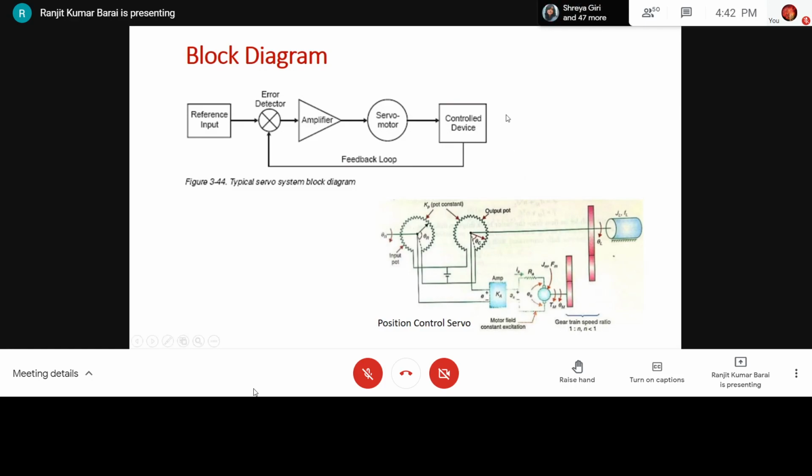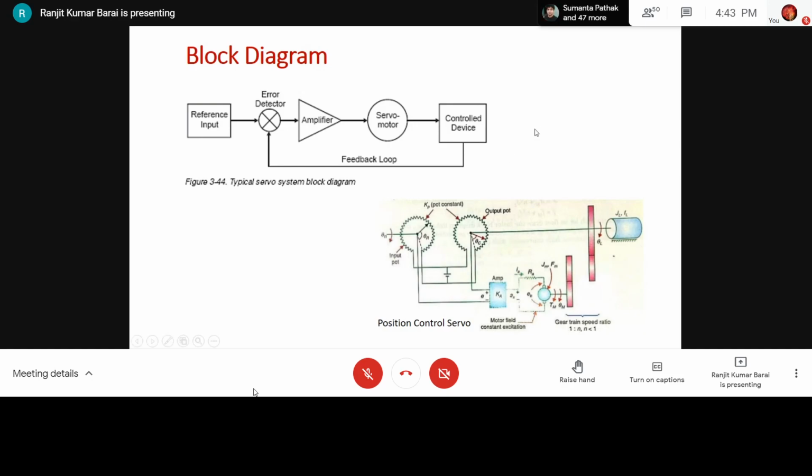There are two types of servo motors depending upon the power supply. One is called the DC servo motor, another one is called the AC servo motor. AC servo motors nowadays are not in use in the industry, but quite a good number of DC servo motors are still in use. Although there are different types of actuators available for servoing, electric servo motors or DC servo motors are quite preferred because of their accuracy, performance, and ease of control.